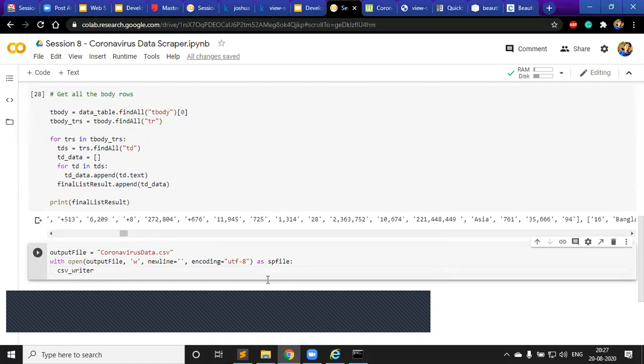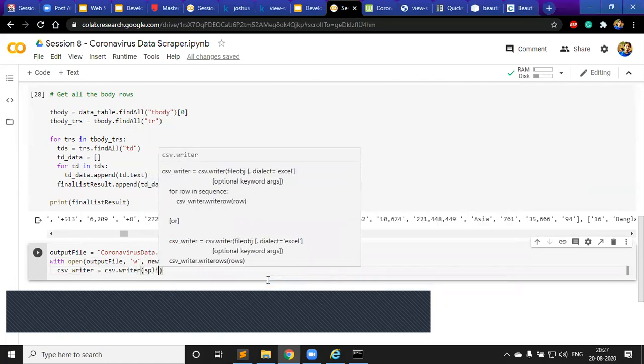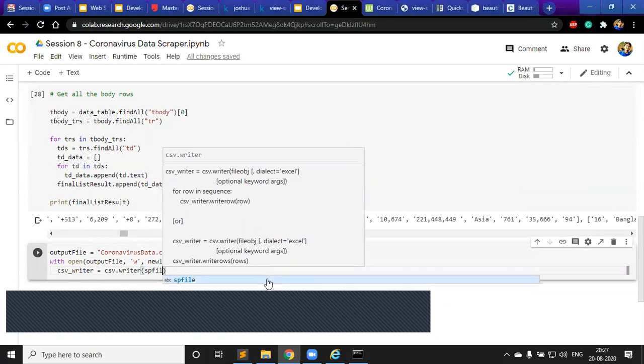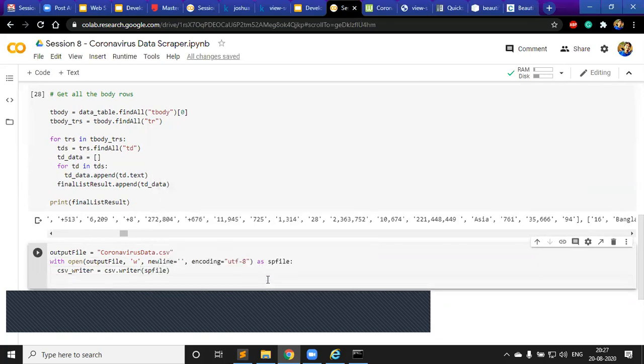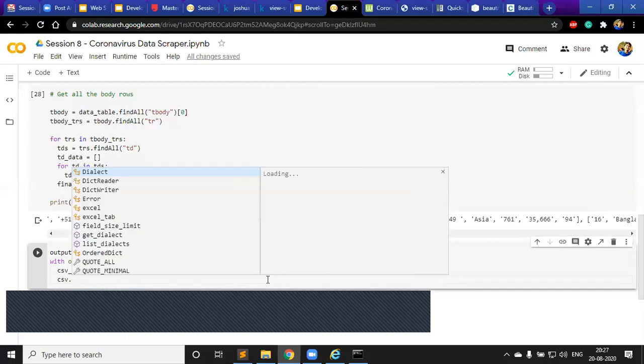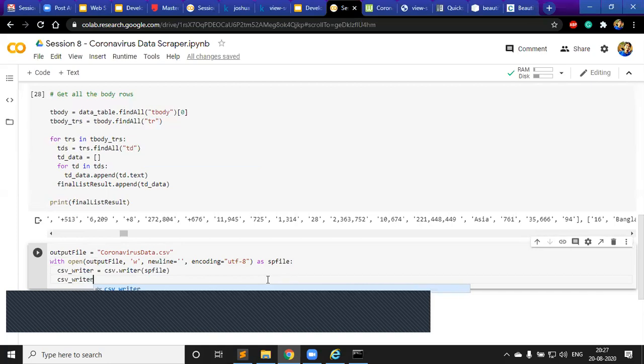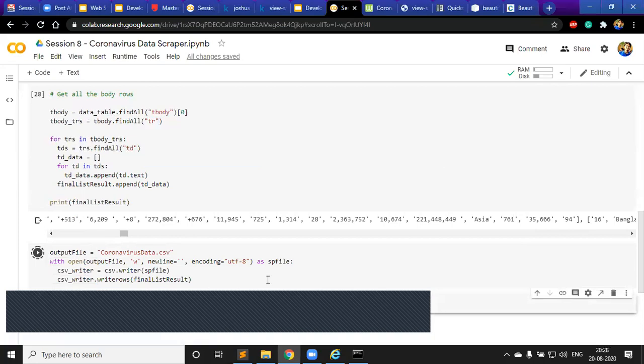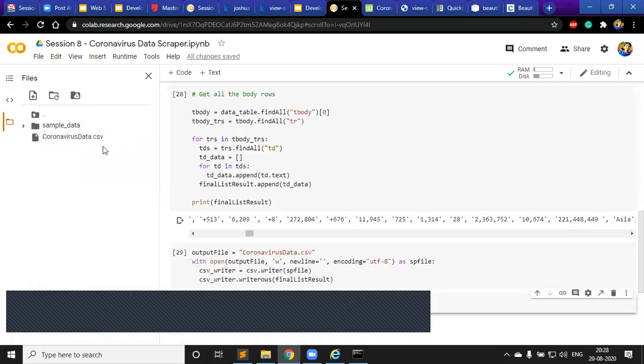CSV writer equal to csv.writer, right? Writer, and pass it the file that we want to use. Okay, and then just write all the rows. So we will say csv_writer.writerows, and then just final list result. Okay. Now what would happen is that when this is run, we would see that we have a file created